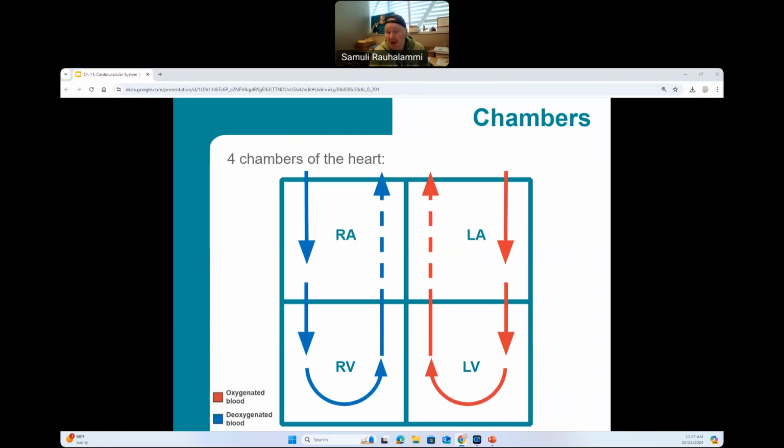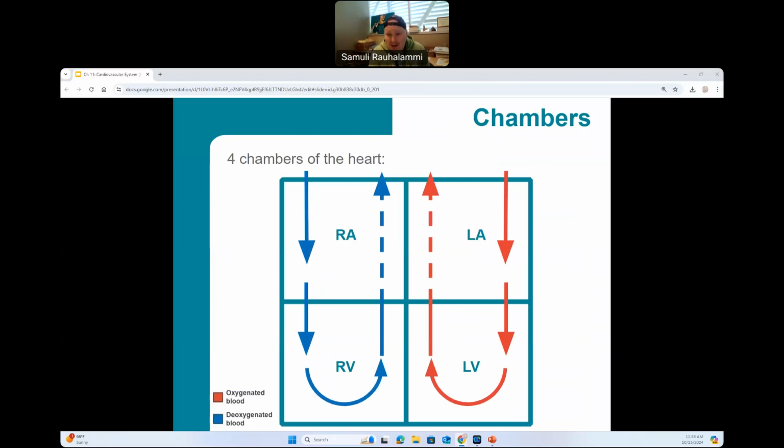And again, if you wanted to get a head start, you could note that separating the left atria from the left ventricle is going to be our left AV valve. This is also known as a bicuspid valve. And another name that sometimes gets used for this valve is mitral valve. Regardless, now the blood that's rich in oxygen is in our left ventricle, and we're ready to squeeze the blood out of the left ventricle to our aorta and then to our systemic circulation.